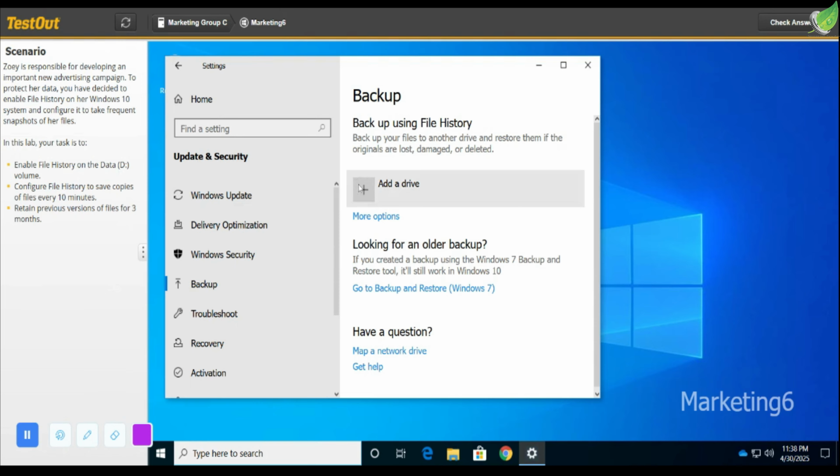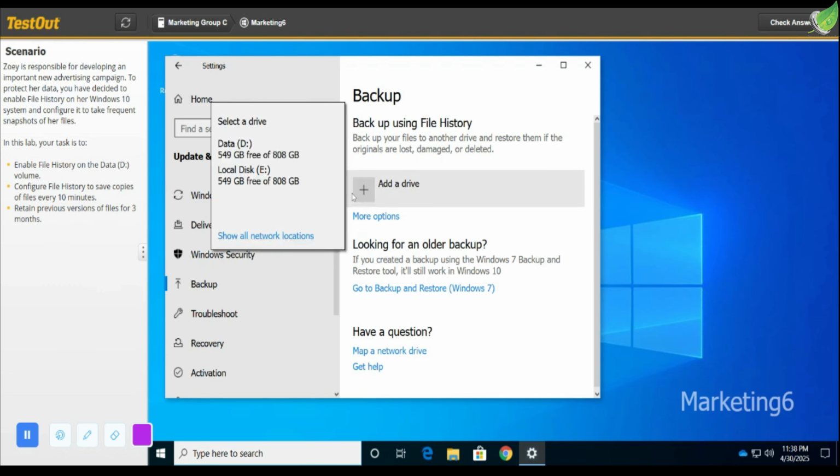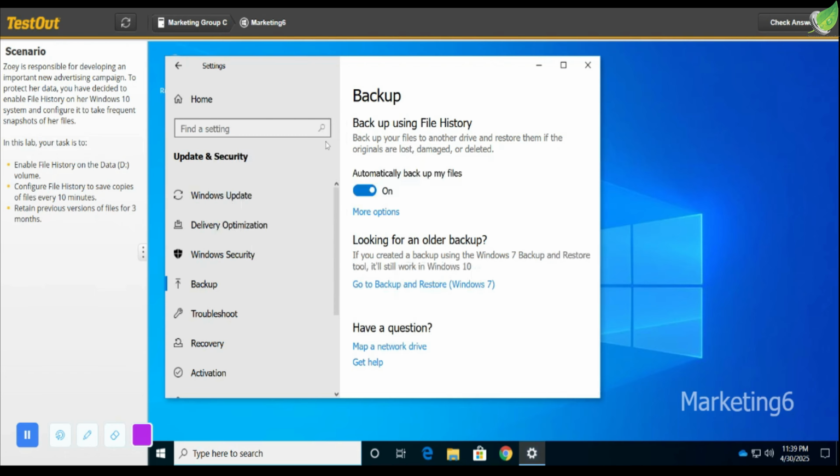So what we want to do here is add a drive, and according to the instructions you have to add the D drive. So we'll go ahead and add the D drive, and then we'll configure file history to save copies of files